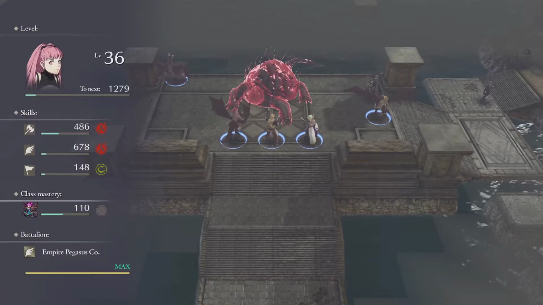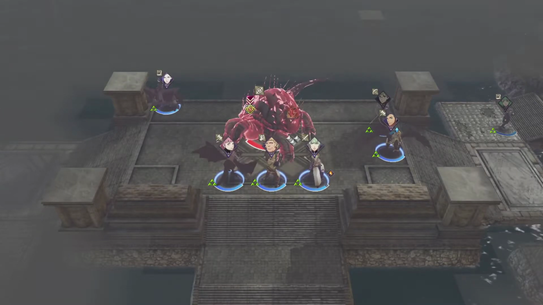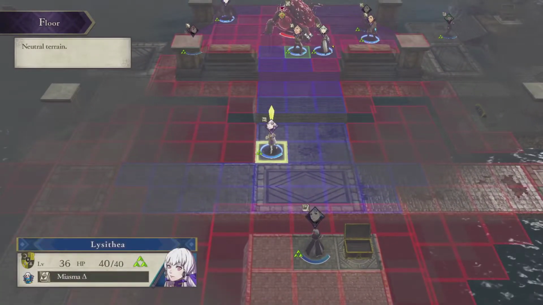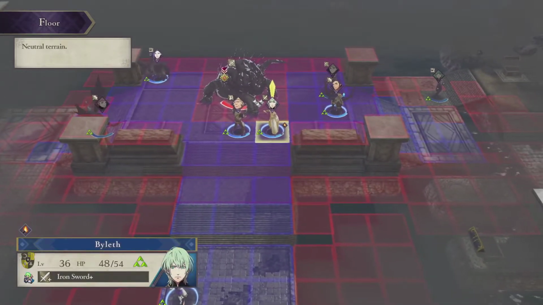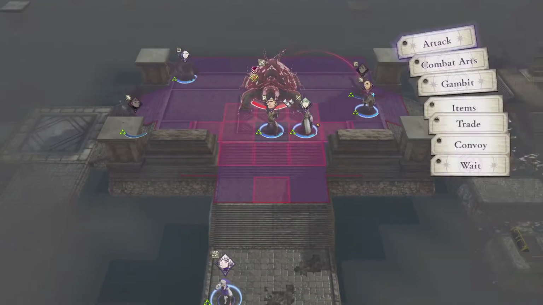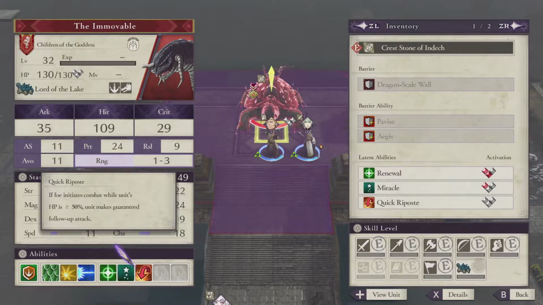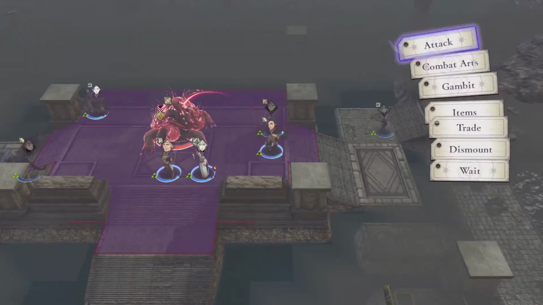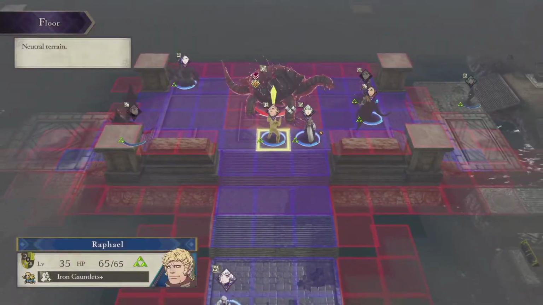Oh, is he not activating Quick Riposte because his... Oh no, because it doesn't come into the last stage, that's right. Now he's in his final form. Don't see nothing. Okay. How much do we care? Ooh, did he get faster or something? Wait, does Quick Riposte also block enemy follow-up attacks? Is that what's going on? Okay, that's actually super obnoxious. Wow. Okay, well, we can,